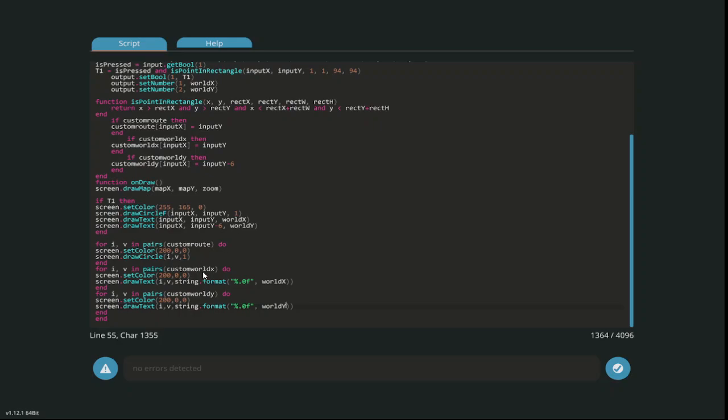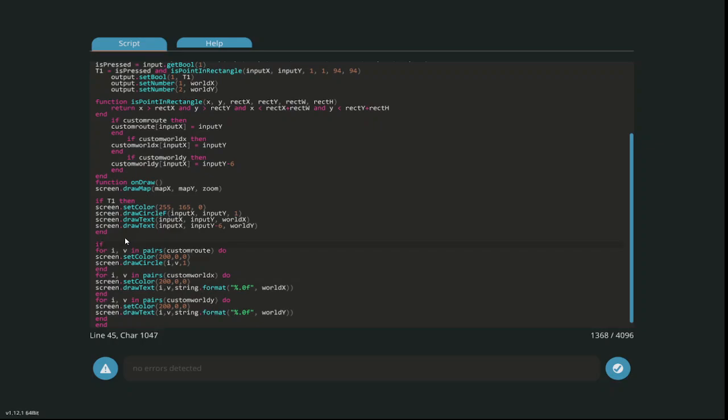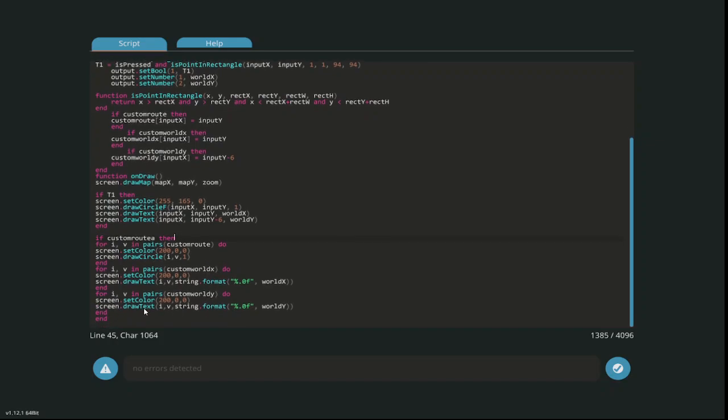This is red, this is red, this is the custom route, and this is... I don't even know if we're going to need this anymore actually. This is just the original where I'm pressing. Oh yeah, no, we are actually, because these three functions here, we're going to wrap into if custom route A then, and we're going to need an end